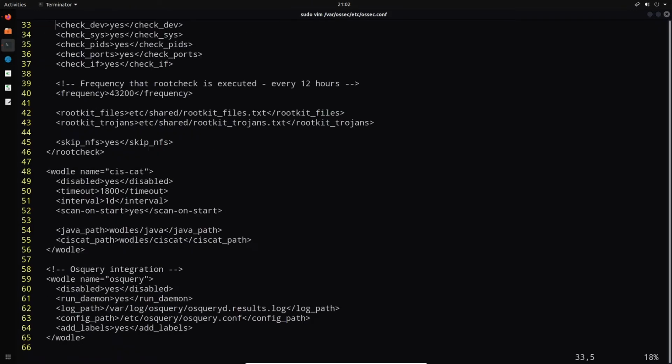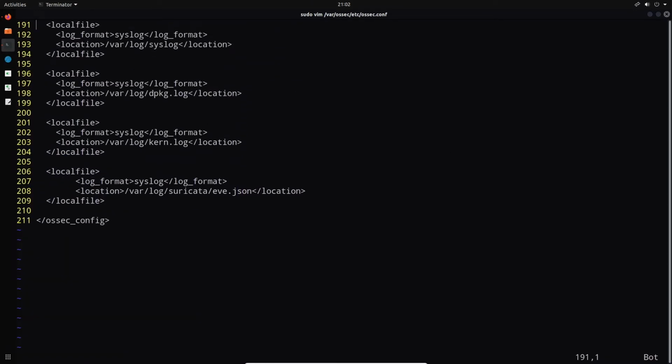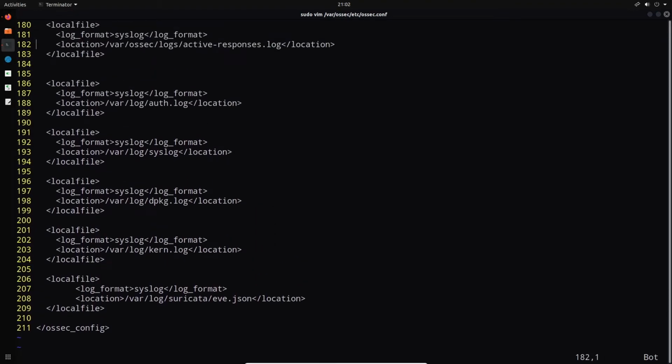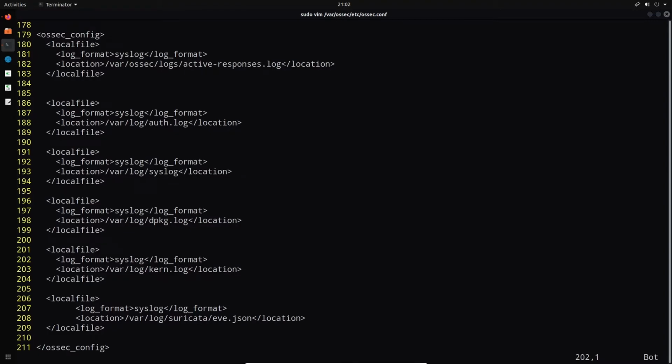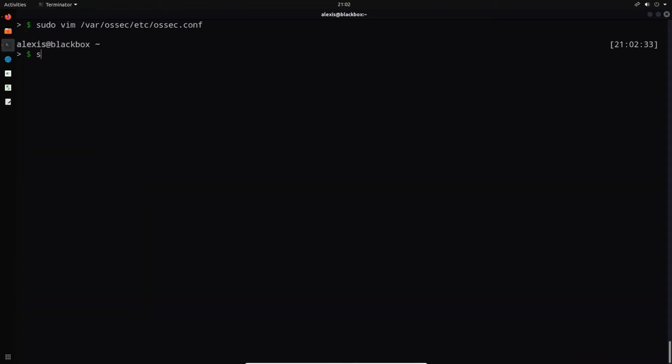So all I did was at the bottom here, where you can essentially specify the log files that you would like Wazuh to import or display. I got rid of the actual snort configuration here. So we have syslog, the active response log, auth.log, dpkg.log, kernel.log, and eve.json logs. So I can write and quit, and we can then say sudo systemctl start suricata.service. So now the intrusion detection system, Suricata, is running in the background,